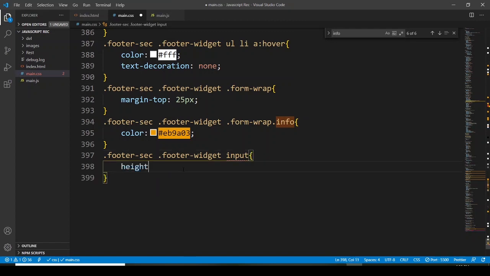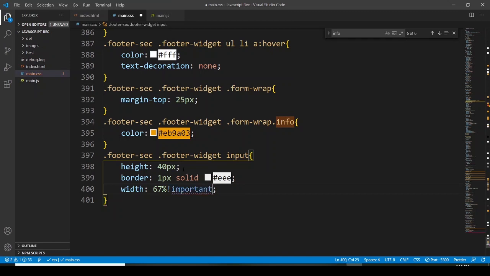So height is going to be 40 pixels, and then the border is going to be 1 pixel solid, and it is going to be white, and the width for this is going to be 67%, and let's use an important flag,